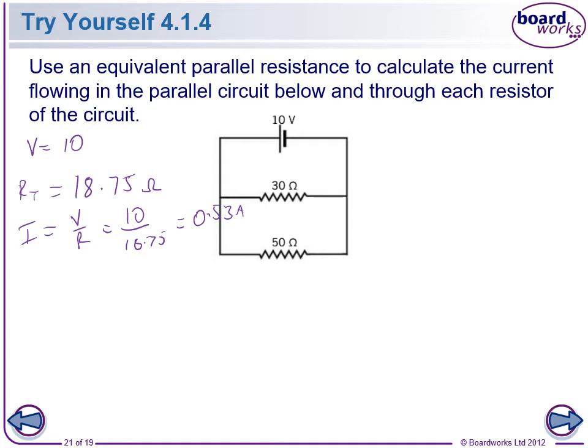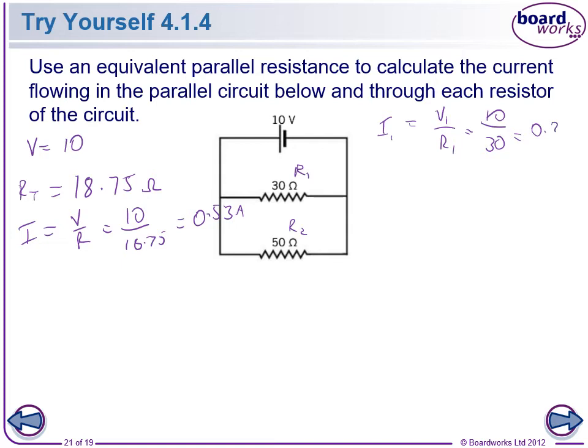Okay, again, I'm rounding this, so the answers we get further on may not be exact, but they should be pretty close. It's actually 0.53 recurring, but we're just going to call it 0.53 for now. So we know our current in our whole circuit. We know the voltage is 10 volts, and remember that the voltage going through each resistor has to be the same. So the current going through resistor 1 is going to be V1 on R1, so 10 over 30 gives